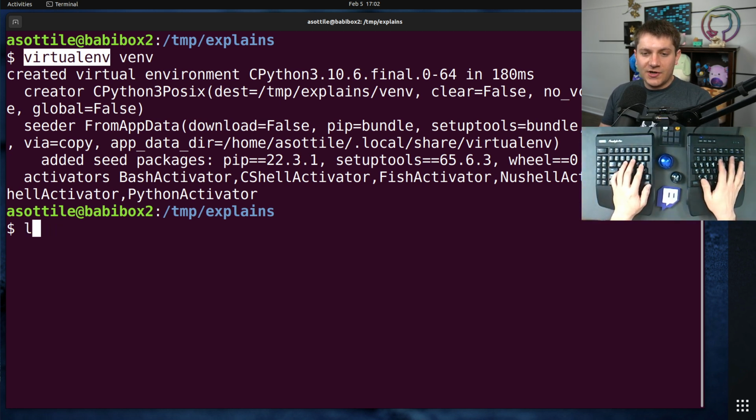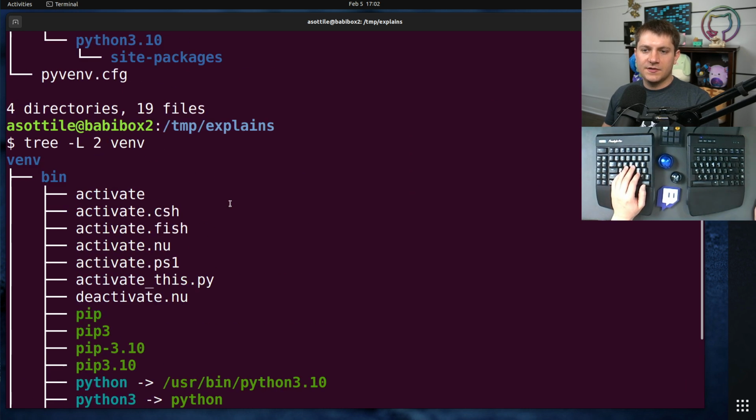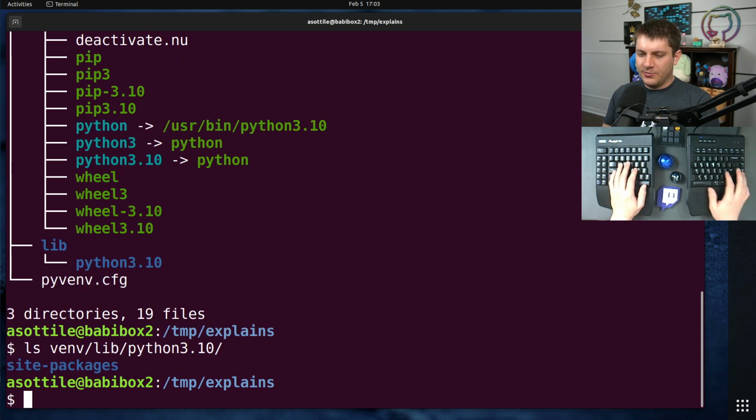If we look at the structure of this, with -L3, well, let's actually do -L2 because we don't need any other stuff. Okay, so you'll notice inside this virtualenv, there is a bin directory. This is where all of the scripts are going to get installed. And then there's a lib directory. This contains your site packages and nothing else. So if we look at venv lib Python 3.10, you'll see that there's just site packages. Whereas normally in a Python install, you'll see all of the standard library there,